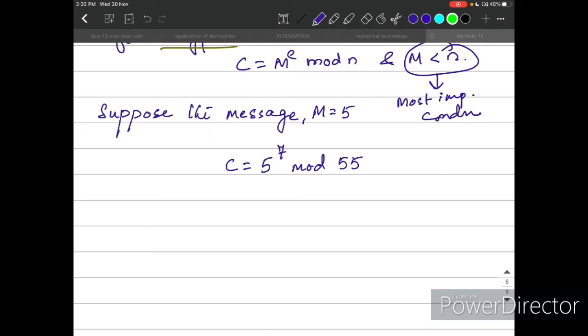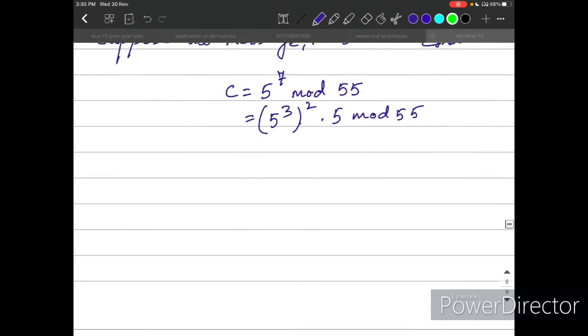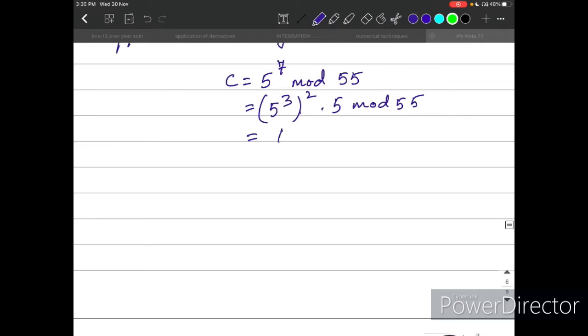5 to the power of 7, मतलब what are we to do? Equal to 5 to the power of 3 into 5 to the power of 3 into 5 mod 55, that is (5 cube) square into 5 mod 55. I hope it is clear. 5 cube is 125, square, into 5 mod 55. Now 125 mod 55 is how much? 15. This is equal to 15